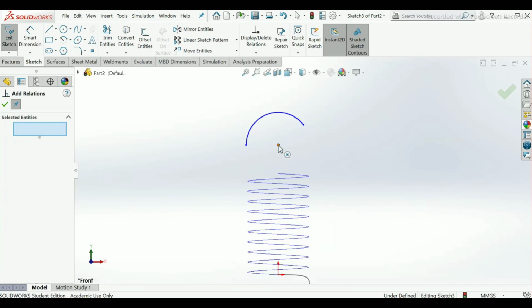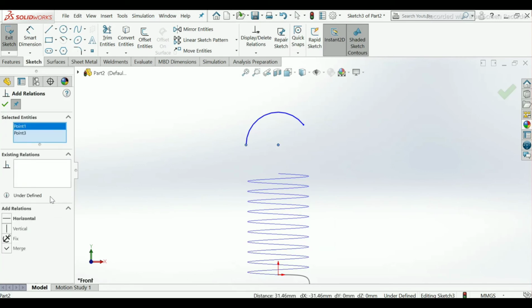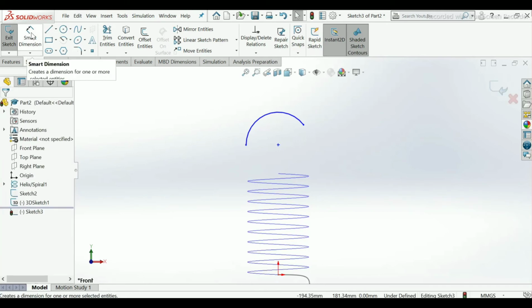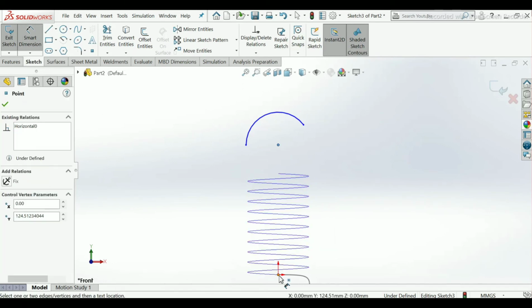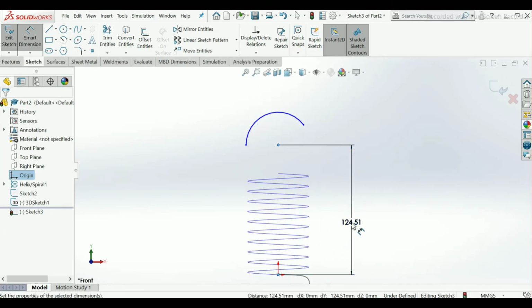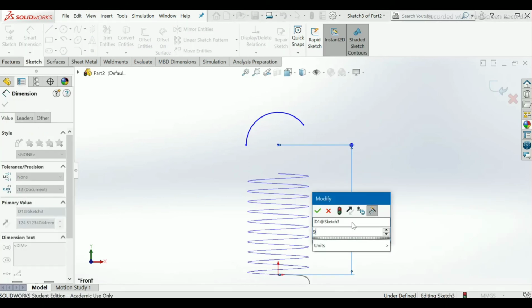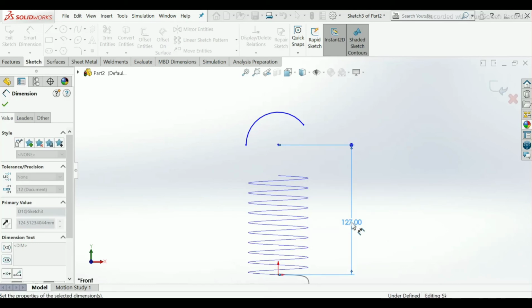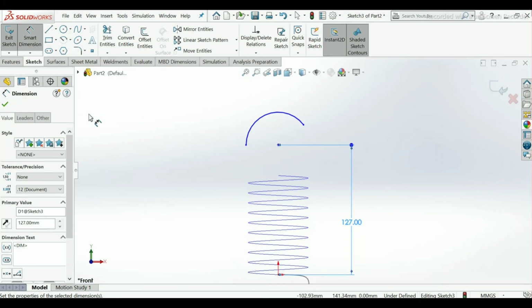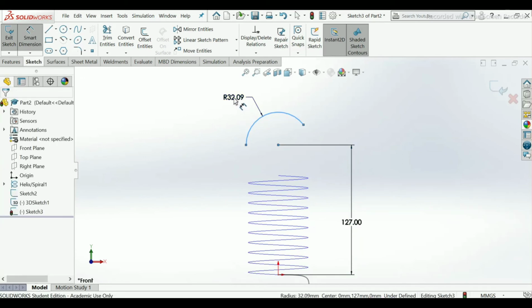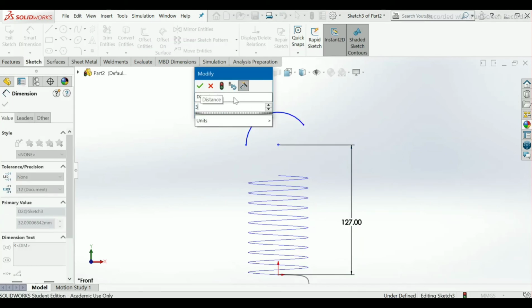Add relation, select this point and this, make it horizontal. Okay, now give the dimensions here, smart dimension, select this point and this origin point, give here 97 plus 30, that is 127. So and the arc radius will be 30 mm.